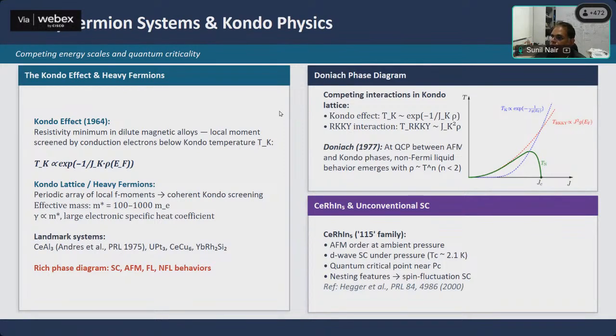Okay, I can quickly go through two or three. For instance, the Kondo effect was first seen experimentally. Then Kondo came up with a theory to explain it. If you look at the Doniach phase diagram, it actually predicts the quantum critical point. But here the theory came first in 1977 itself, whereas the first robust proof of quantum criticality experimentally came in the early 2000s, using ytterbium rhodium 2 silicon 2 and so on.